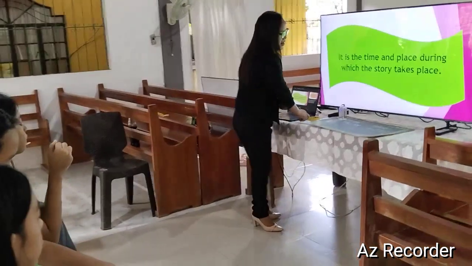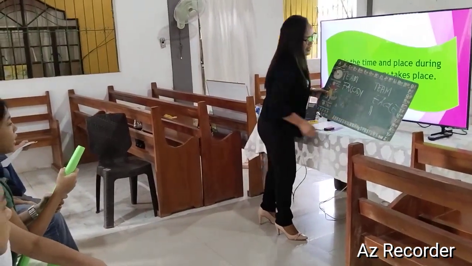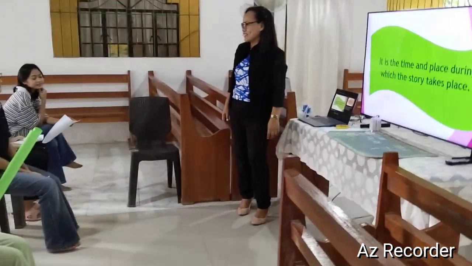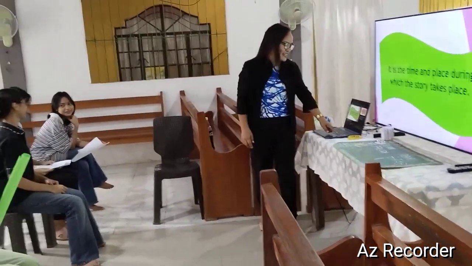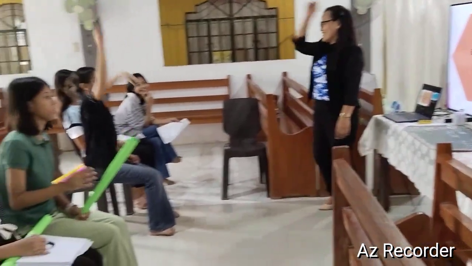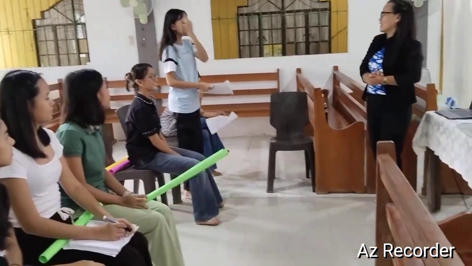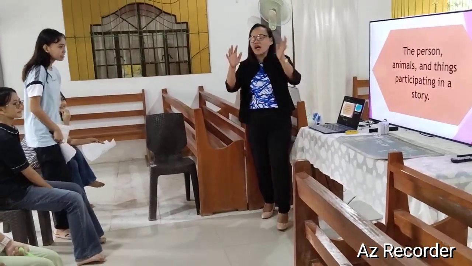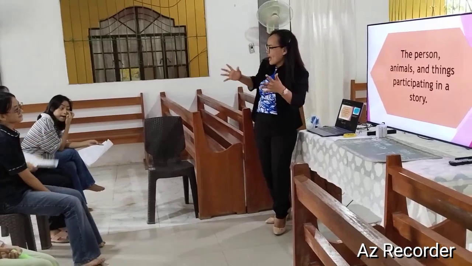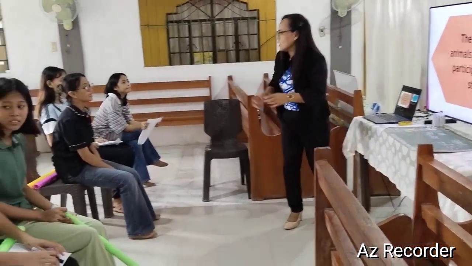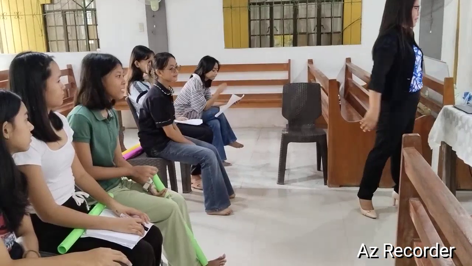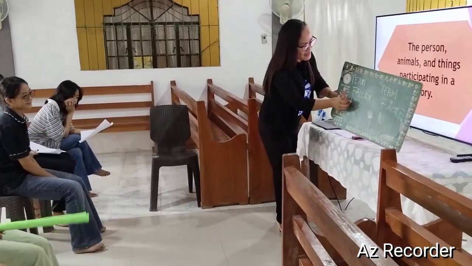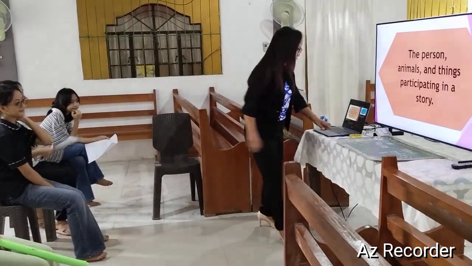Okay. So you are 2 points, Team Eagle. And you still have the chance, my dear Team Falcon. Don't worry. Next. Okay, Maurice. Very good, Maurice. The persons, animals, and things participating in the story. Yes, they are the ones who are acting and participating in the story. Very good. They are the characters. Okay, you are not zero, Team Falcon. Don't you worry. You still have time. Okay? Next.